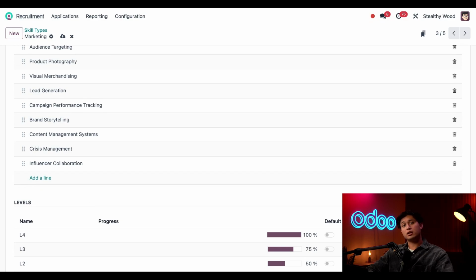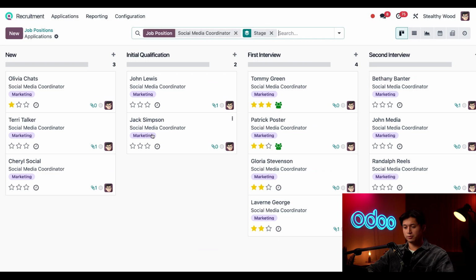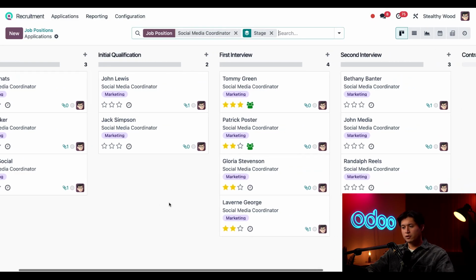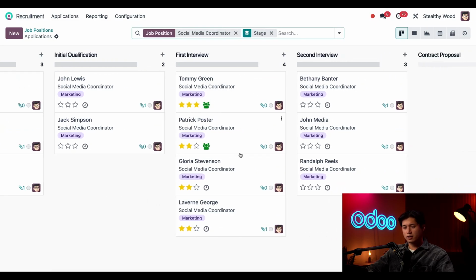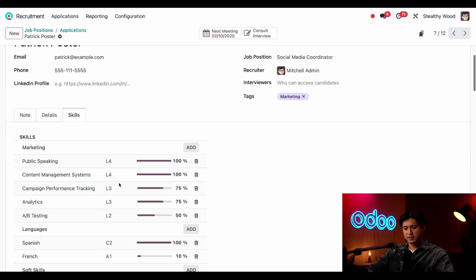Okay, let's take a look at our applicant pool for the social media coordinator position. To view that, we're just going to click on applications at the top, followed by job positions. Then we're simply just going to click on the social media coordinator role. So if we scroll to the side, here in the first interview column, we have Patrick Poster. And if we click into his card as well as his skills tab,